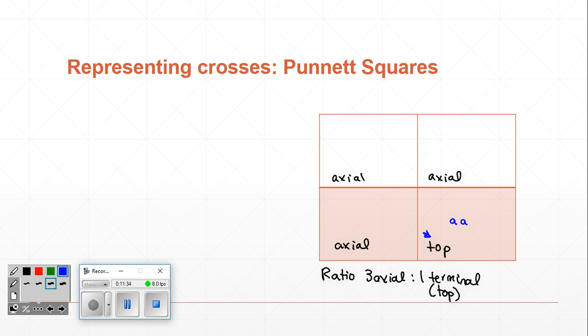So here's what I say to myself. Well, they had to get one of these from one parent and the other one from the other parent. They can't have gotten both of those recessive alleles from the same parent. Then I say to myself, okay, these other plants, the ones that are axial, they definitely have to have a copy of the dominant allele. I'm not necessarily sure what their second allele is, but I know that one of them has to be the dominant allele, or they wouldn't have that phenotype. So then I say, well,